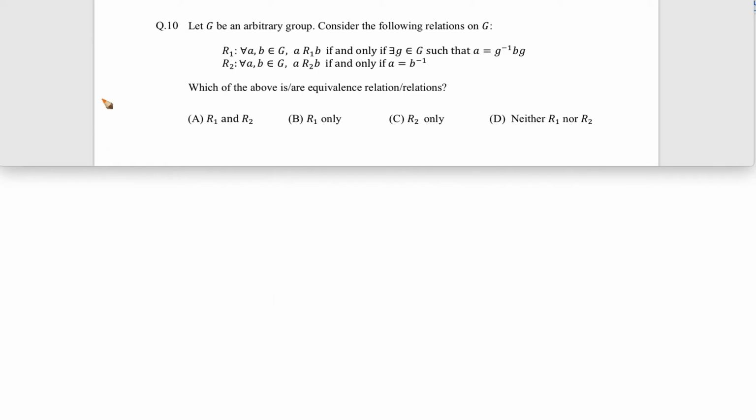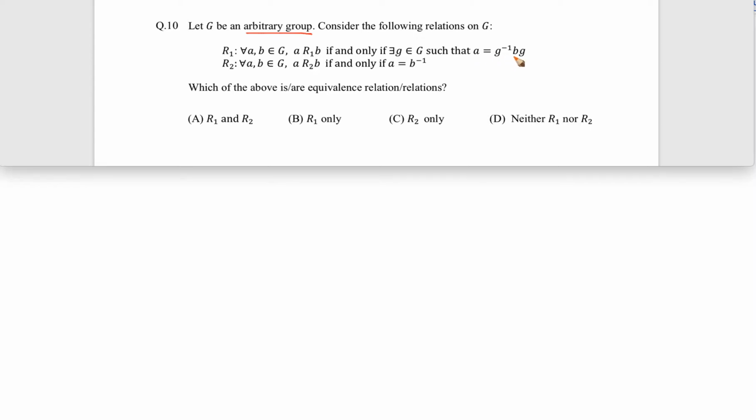Okay, now let's see this question. They are saying that G is an arbitrary group. Consider the following relations on G. If A and B are elements of this group G, then they're talking about a relation R1, where A is in relation R1 with B if and only if there exists some G in this same group such that